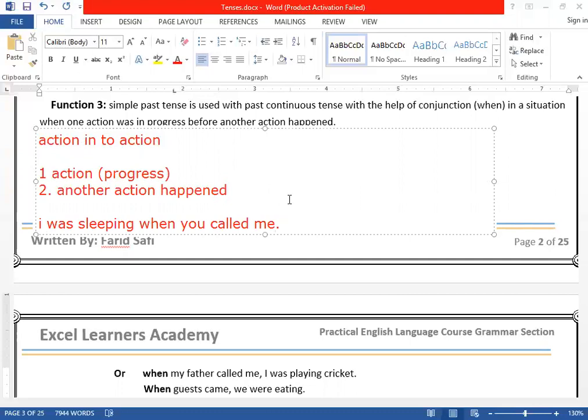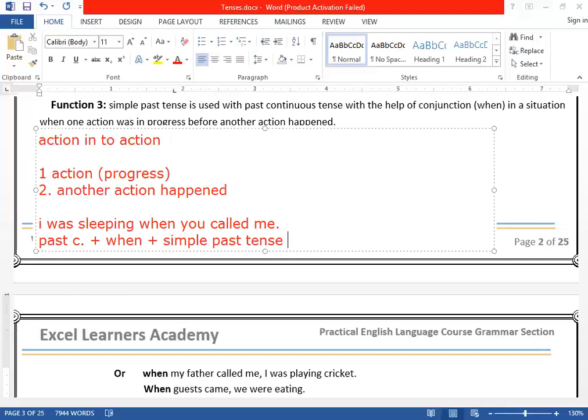अब यहाँ पे देखिए, there are two. Like you called me, you सब्जेक्ट है, कॉल्ड क्या है, सेकंड फॉर्म ऑफ वर्ब, तो ये कौन सा टेंस हुआ, सिंपल पास्ट टेंस, ठीक है। इस साइड पे सिंपल पास्ट टेंस हुआ, जो प्रोग्रेस था आई वाज स्लीपिंग, ये कौन सा टेंस है, पास्ट कंटीन्यूअस, वेरी गुड। प्लस मैंने क्या इस्तेमाल किया, व्हेन, कंजंक्शन व्हेन इस्तेमाल किया, और व्हेन के बाद क्या आ रहा है यहाँ पे, सिंपल पास्ट टेंस, वेरी गुड, क्लियर, सिंपल पास्ट।